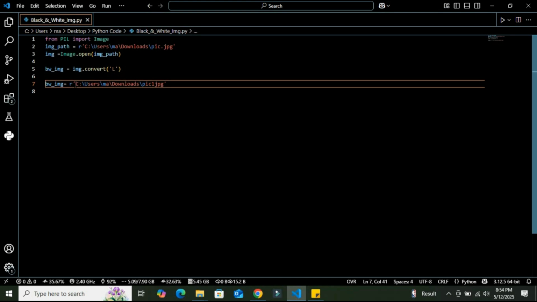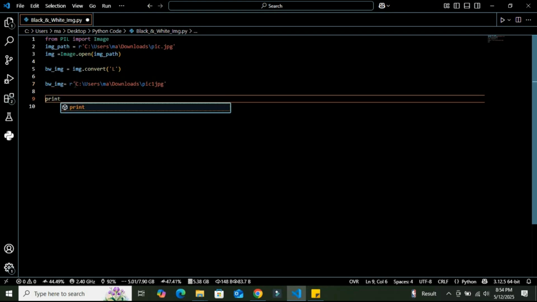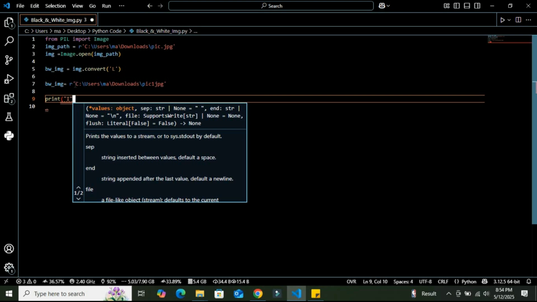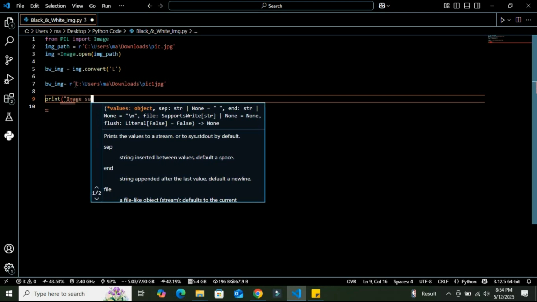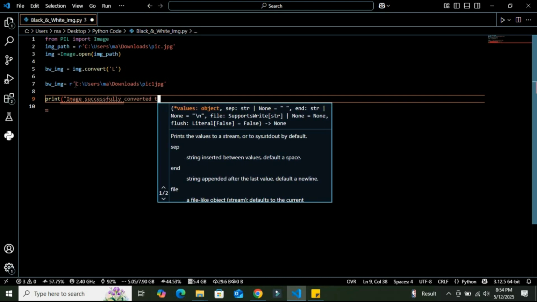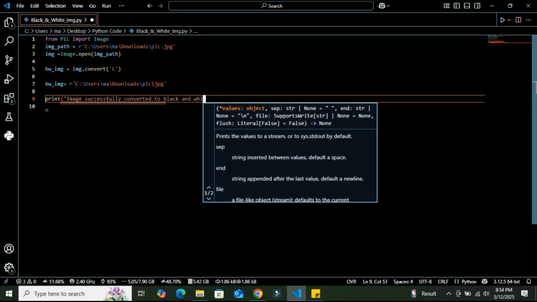Alright, and if all the steps are completed, we are going to print a success message on the console: image successfully converted to black and white.